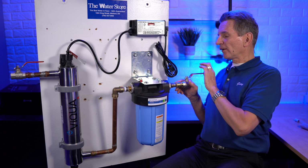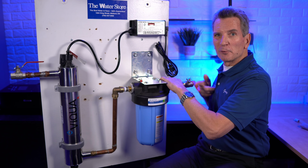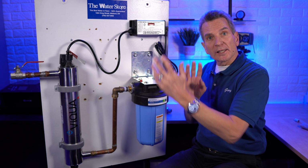This is a ball valve here, and you just turn that 90 degrees. Now I'm just going to take this off temporarily, so it gives me a little bit more room to show you what we're doing. So once you shut off the water, then you're going to cut the pipe at a